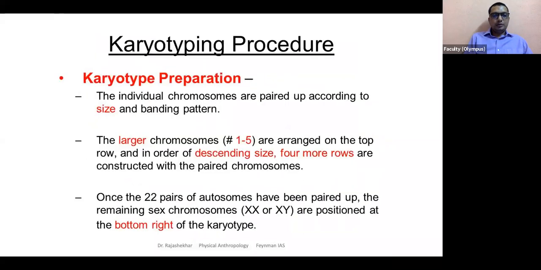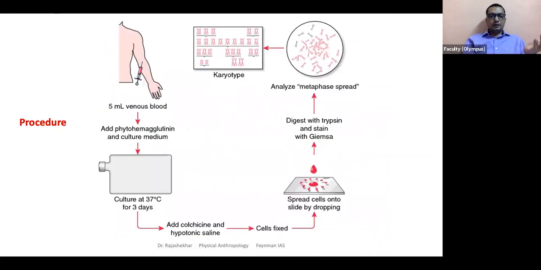Otherwise, the most important aspect is this. The last part in karyotyping is this. First of all, we have done those steps that we already discussed. So now we have all the chromosomes that are spread. You know what they do after that? They take a picture of the chromosomes at this step, after the spreading and after the staining. Now, what do they do? Individual chromosomes are cut out. They remove the individual chromosomes with scissors. The last part, what are we learning here? We have the chromosomes that got spread. You take a picture of it because individual chromosomes we cannot organize in reality. So what do we have to do?